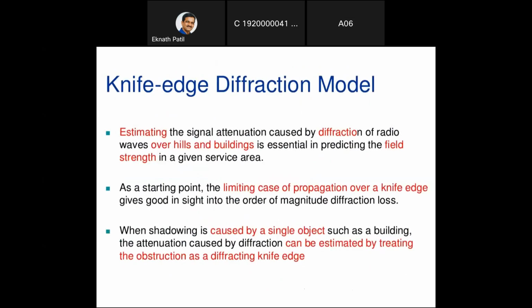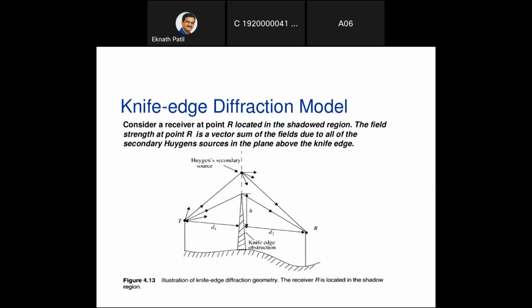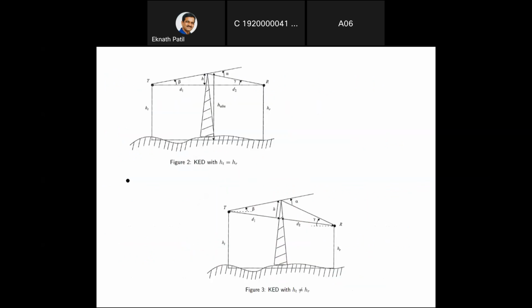This is the information given for diffraction, and for diffraction, the module is the knife edge diffraction module. Okay, so the knife edge diffraction module gives us the information about the diffracted waves received at the receiver side, whatever the losses are. Okay, so